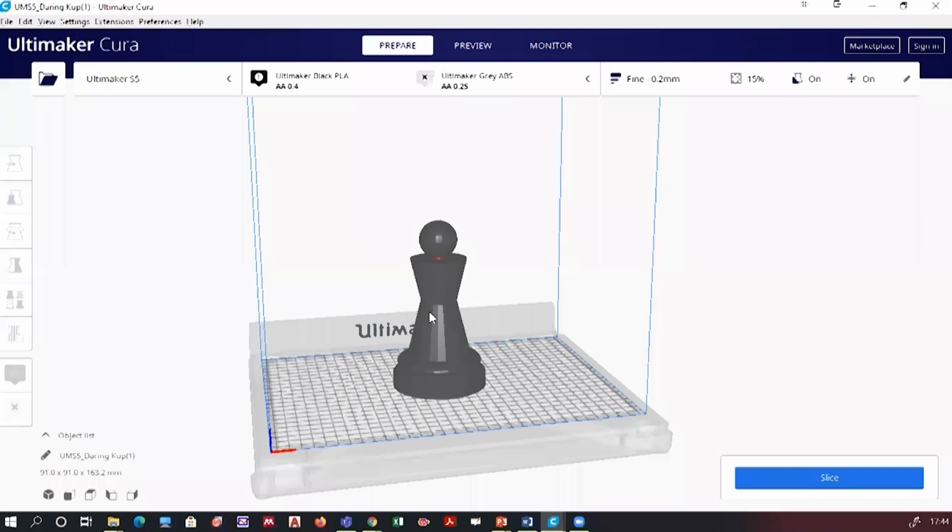No, you can select more than one at a time also. It's not restricted that you can go with one only. You can go with more than one option also, right? You can place multiple objects. The condition is that it should fit within the size of the bed. Within the size of the bed, you can place multiple objects together and print, right?